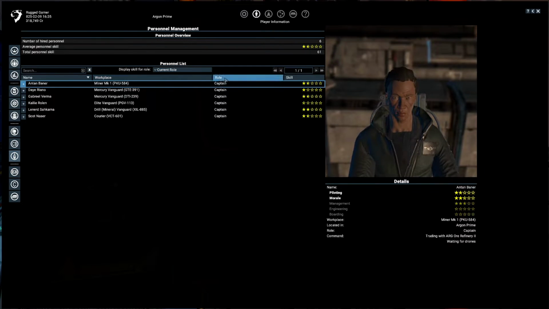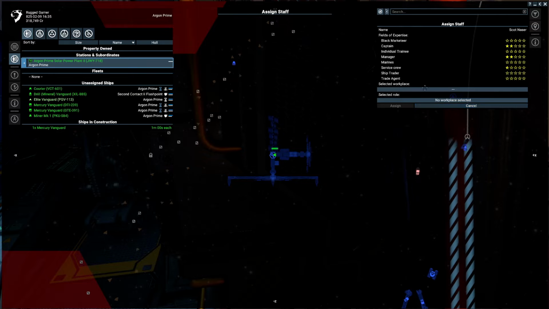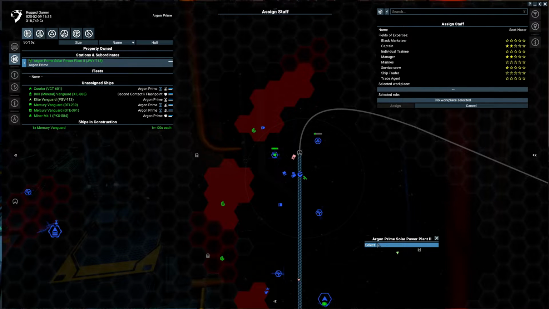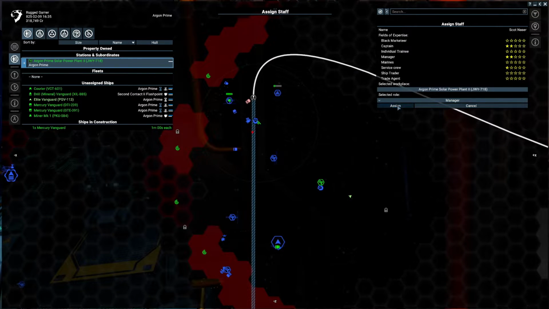The role here shows what role they currently have. Each one of these is a captain. You cannot remove the captain, because if you did, that ship would become unusable. So if I try to set it up to go here, select it here, go to manager, assign that manager,